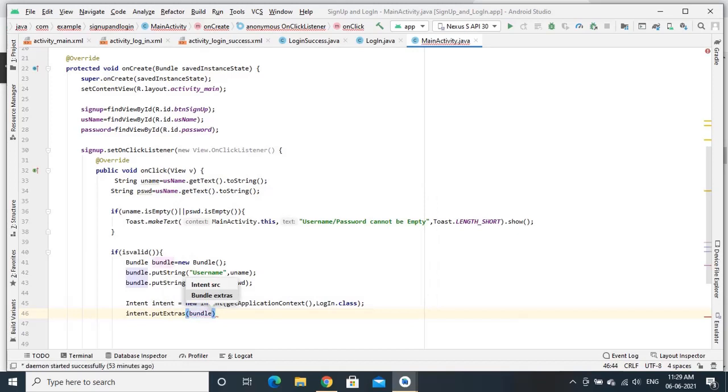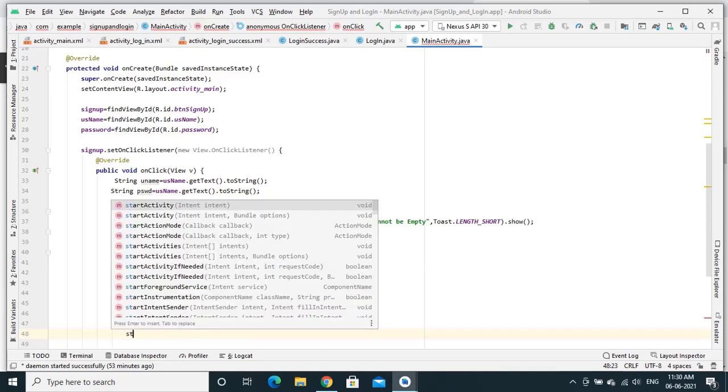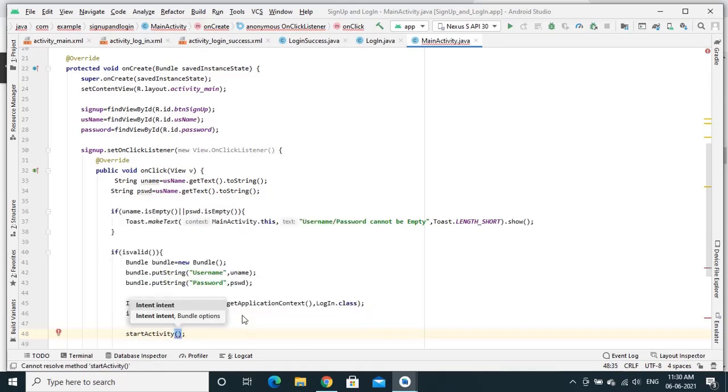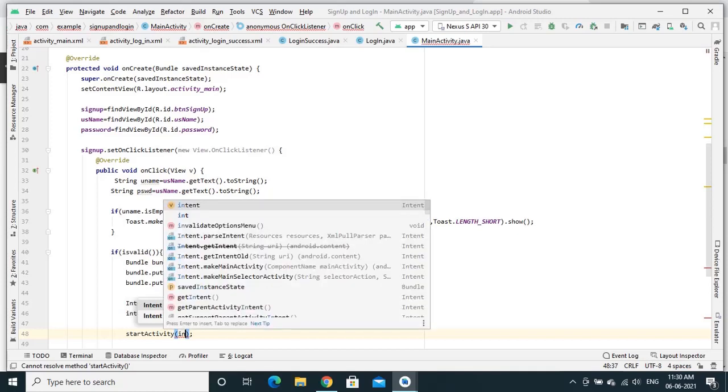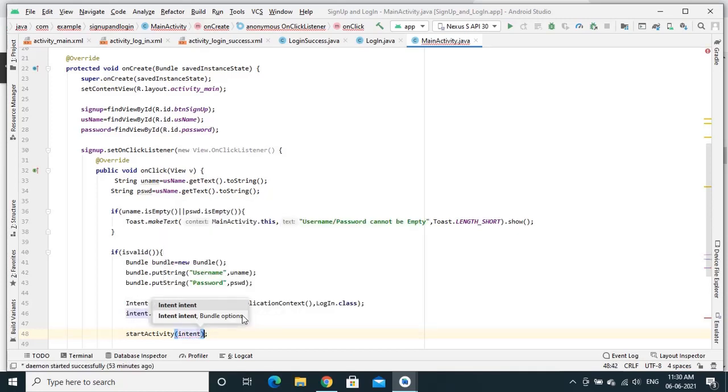So this bundle has two values, that is username and password. This will pass to this particular activity. So once I include all these things, next I need to start the next activity. For that I need to call one more function, start activity. Which activity? It is nothing but whatever referred by the intent. This intent is referring to this particular class.